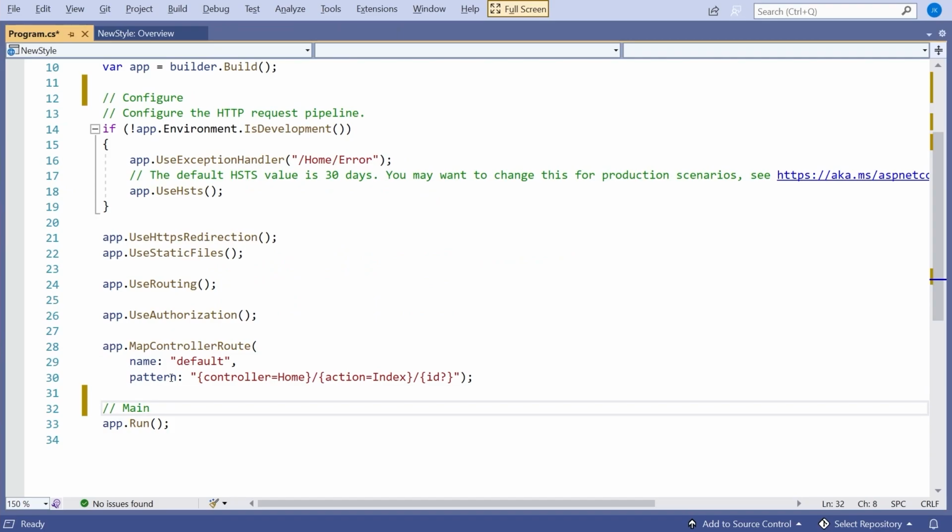So what we can see is really happening there is with the old style, the bits and pieces were there in separate functions. So you've got the main itself, you've got the configure and the configure services, and the bits from startup, the configure and the configure services, were pulled in at the appropriate point. Whereas here, we've got it all laid out in a much more procedural style, each step that we're going through to put all that together.